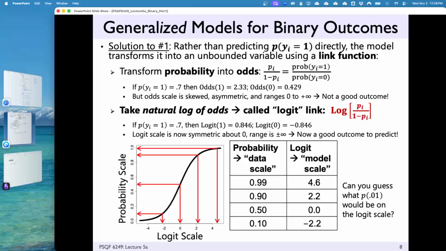So if you're predicting a person has a 50-50 chance, let's imagine binary item response. Imagine those items on your test. Did you get them correct? Did you get them incorrect? We're going to model the probability someone gets it correct as a function of your latent ability. If that probability is 0.5, the logit is 0.